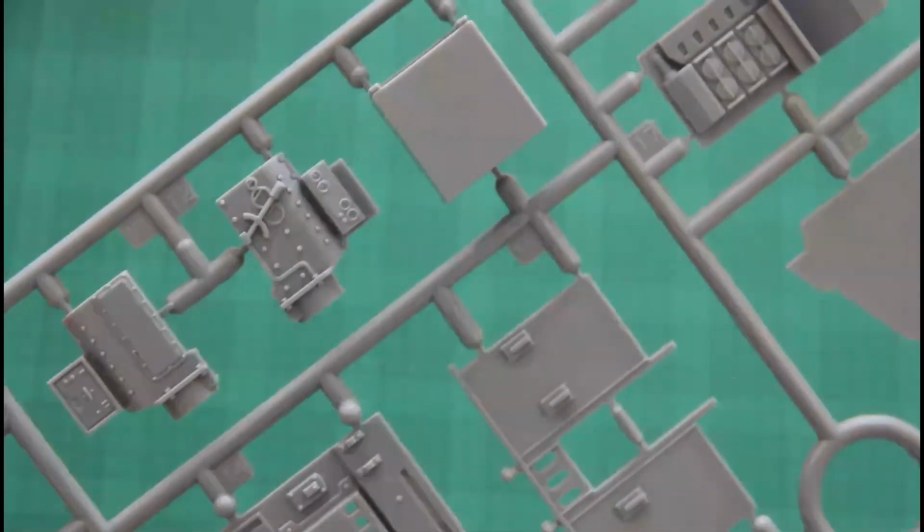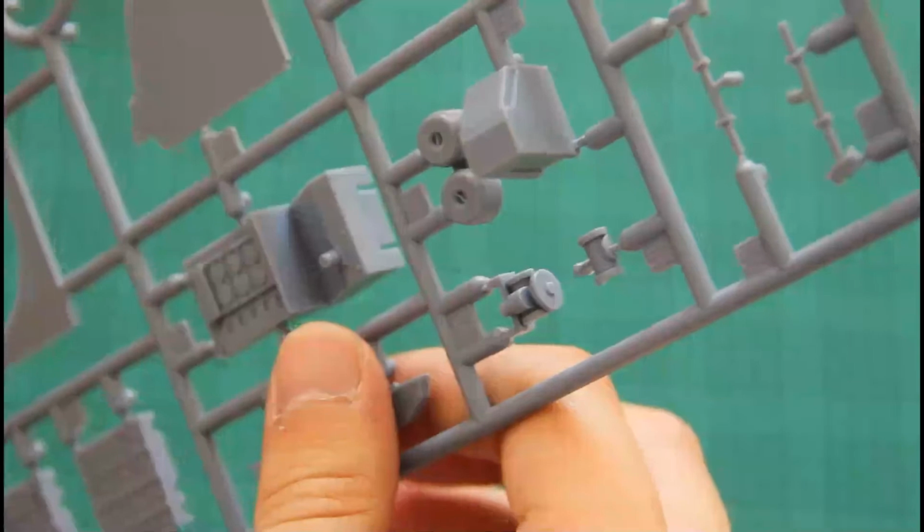I think there are also some engine parts included, so it should be okay. By the way, these sprues are really heavy, so expect maybe higher than average shipping cost, but I think this kit is worth it, because